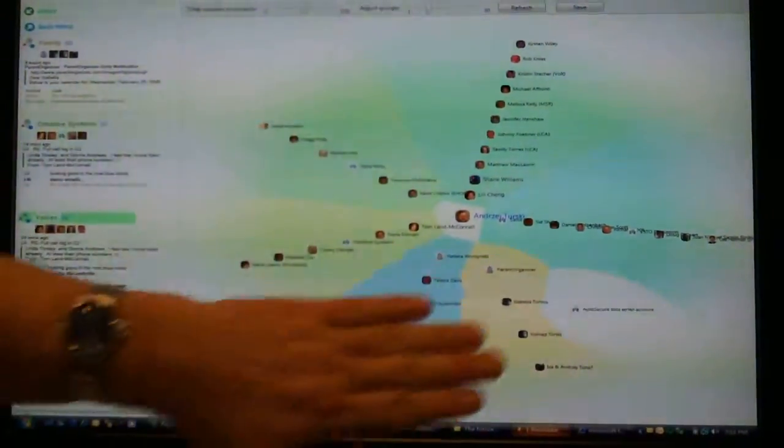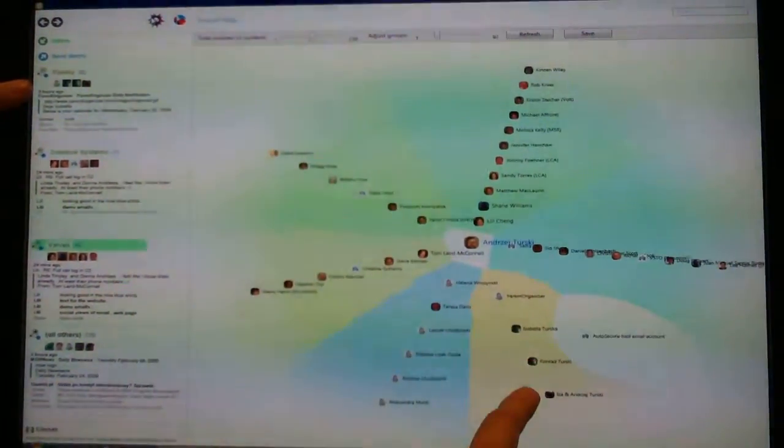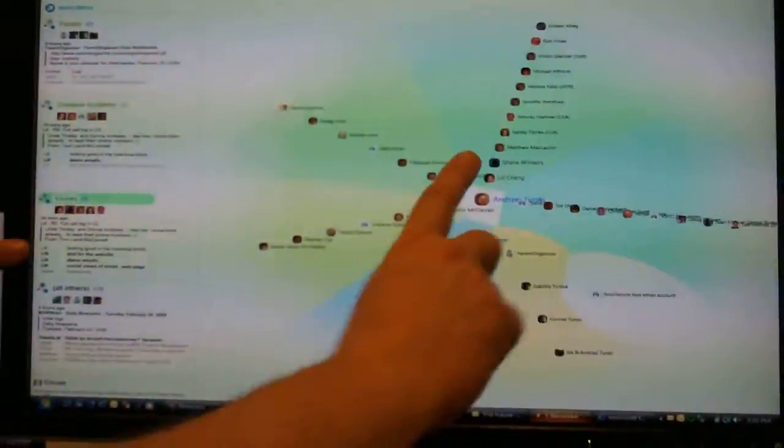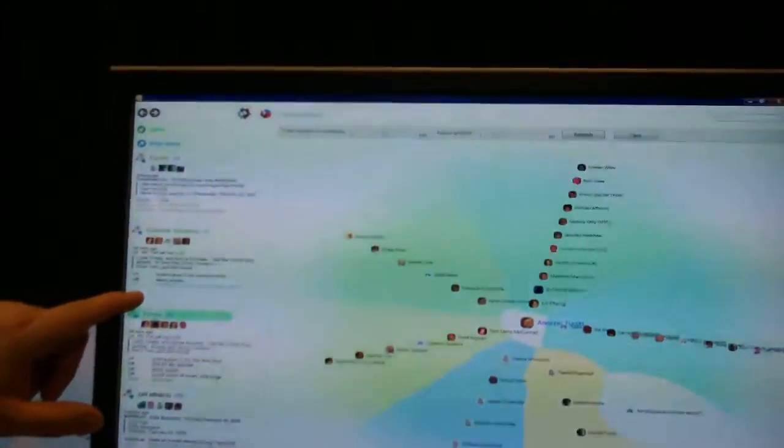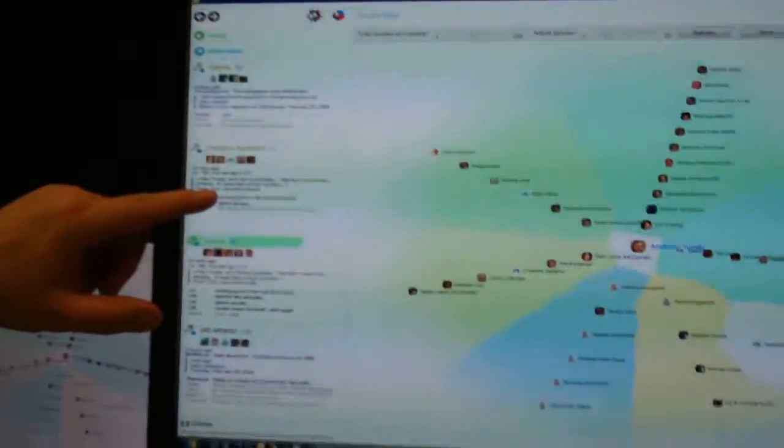So once the groups are set up, and I already have them set up here, this is what I consider the most accurate representation of my social network today. We now apply these groups to organize the email. What you see on the left are various groups. They match the groups in the personal map. And for each group, you see the overview of the recent activity. There are the people who are most active in the group, and their recent emails. The latest email may be expanded.